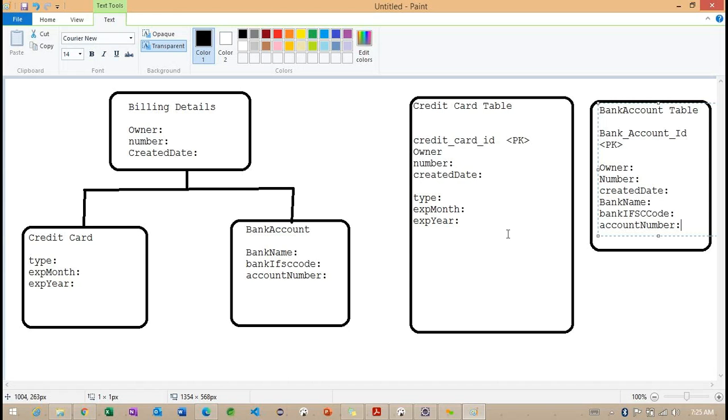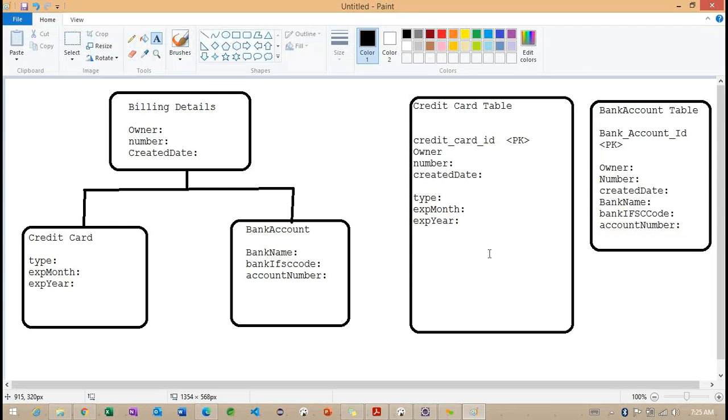But observe how these properties are being created in each table. If I execute several SQL select queries here, what happens internally? If I write some select queries for this credit card, and in the same way some select queries for this bank account, getting the point? After seeing these select queries, what drawbacks are we going to identify here?